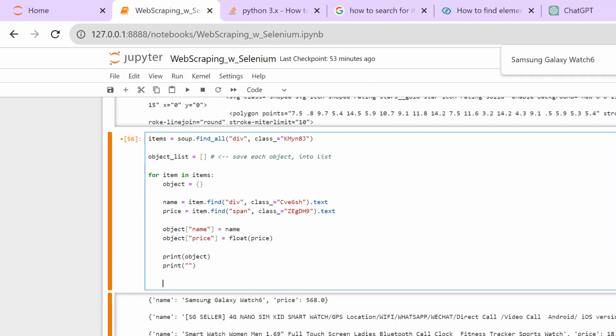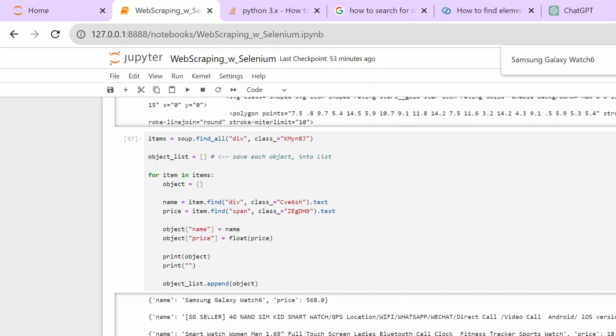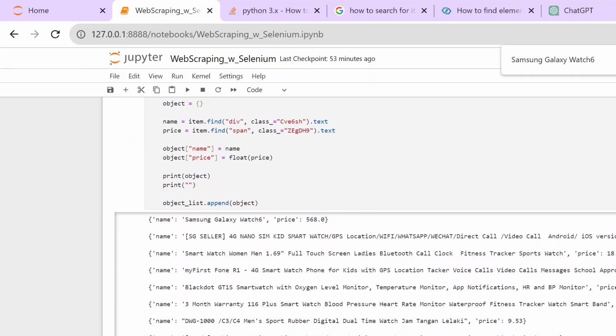Object list dot append object. Okay, and that is literally it. I will just show you what it does. If I print the object list here,